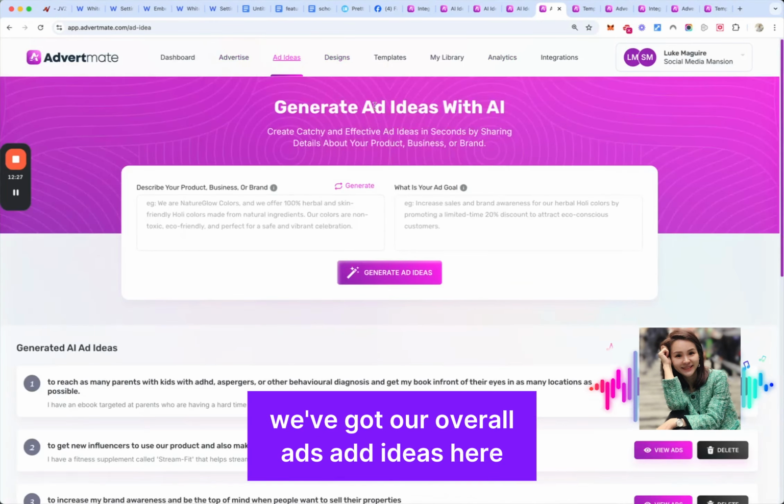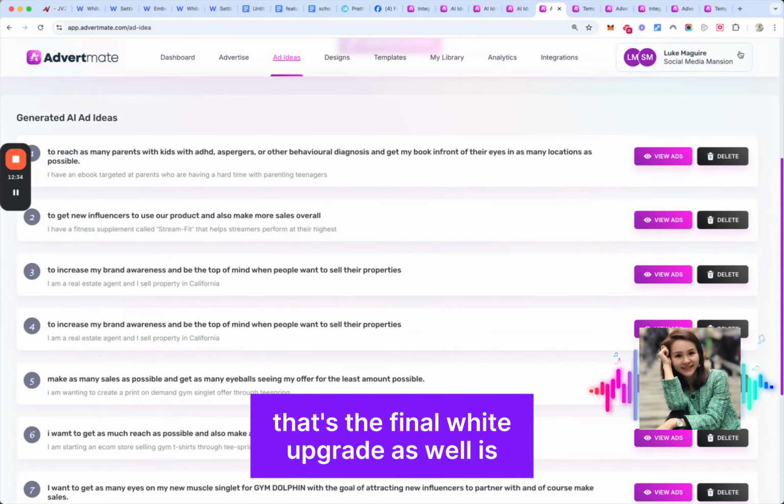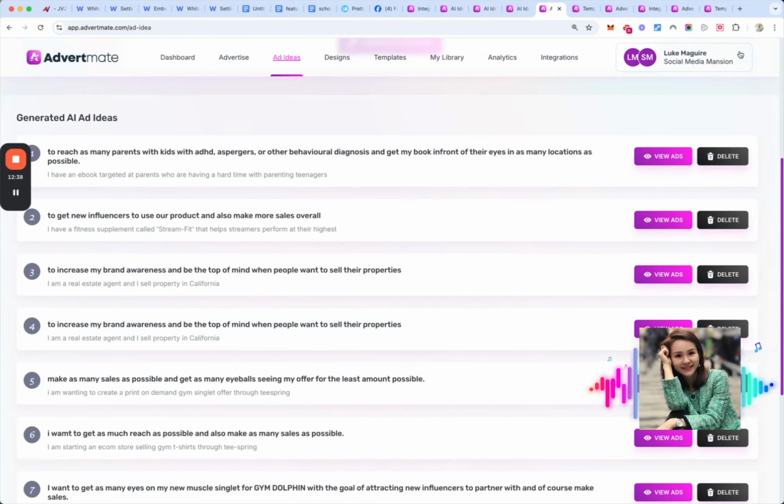We've got our overall ad ideas here for different ideas that we've had in the past. We can then also label this. That's the final white label upgrade as well, is our white label. So you take our logo out, put your logo in, generate